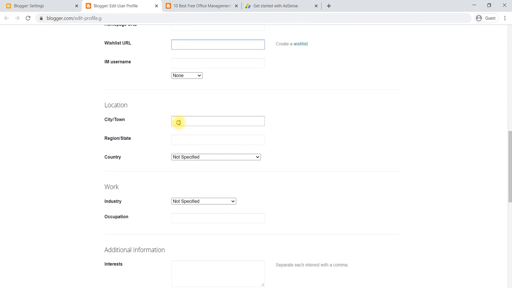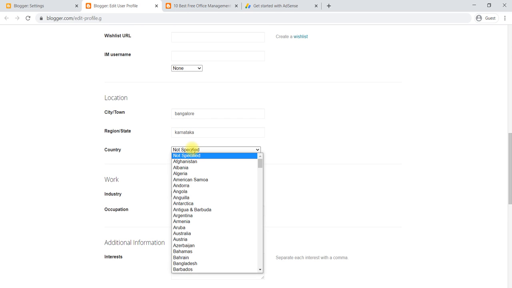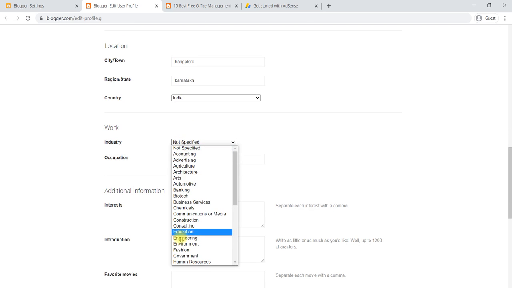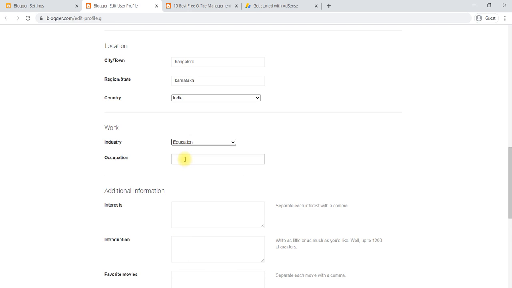And for location, you can write which location you belong to: Bangalore, Karnataka, country India. Then which industry you are working for, you can give the occupation, the author occupation.